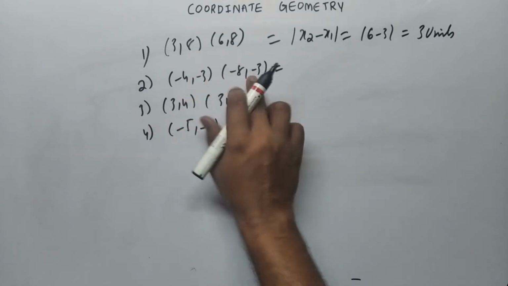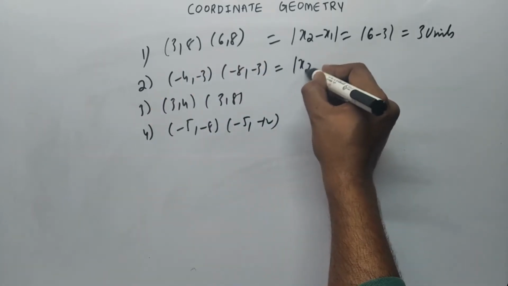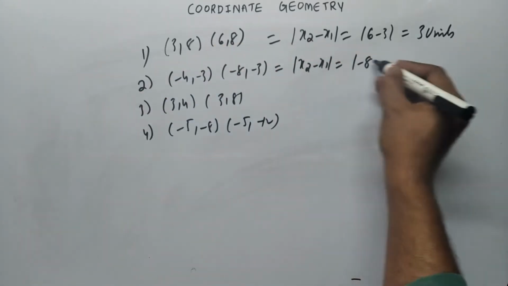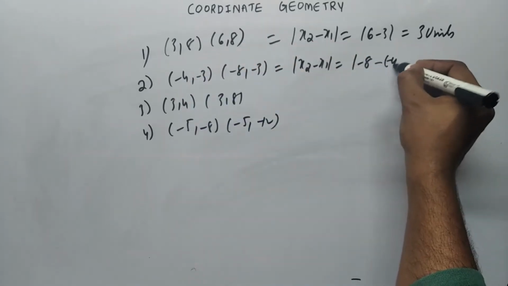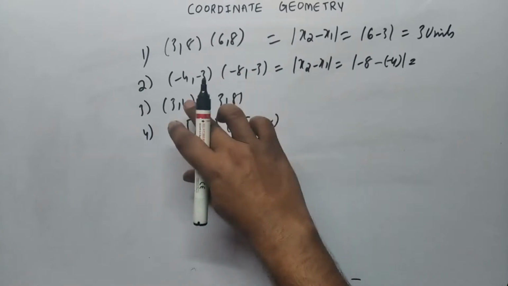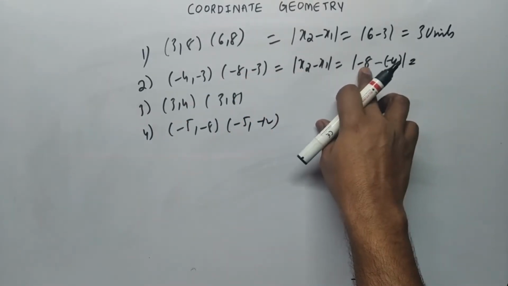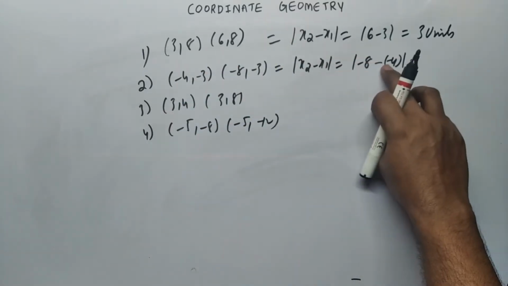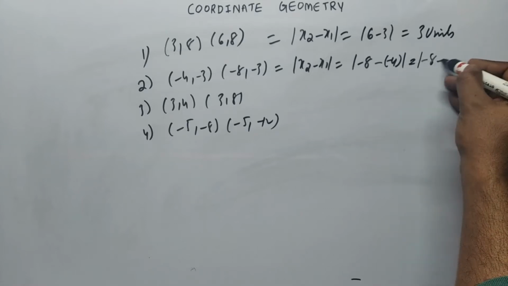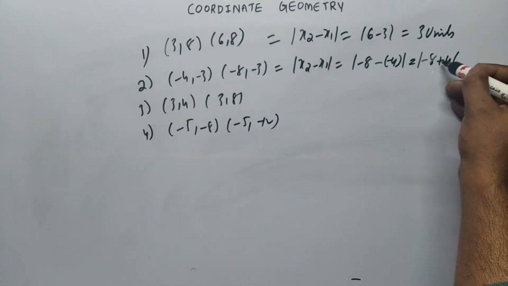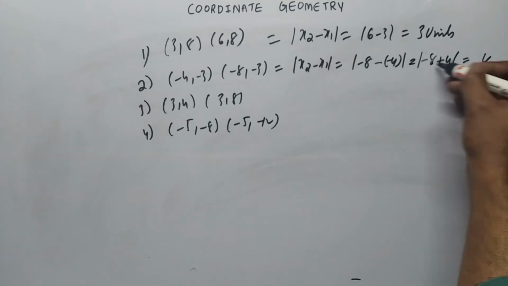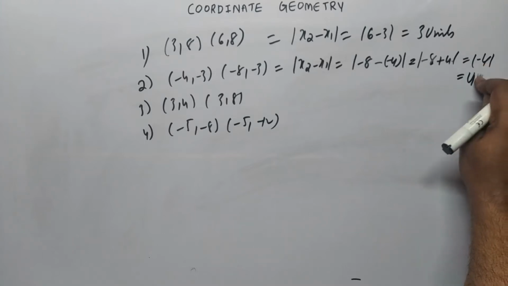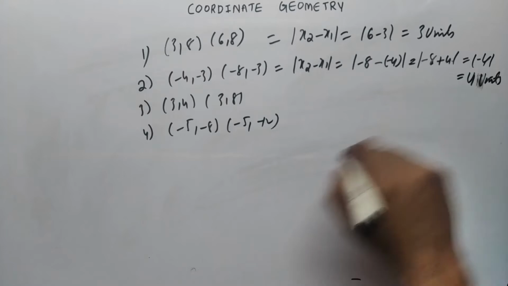Here also we have the same y coordinate, so we need to subtract the x coordinates. So x2 minus x1, so minus 8, again we have a minus, and x1 value is minus 4, so minus of minus 4. So many people are substituting directly. If the x2 value is minus 8, then you need to keep the minus sign, then subtract the number with the integer. So here minus into minus will become plus, so we get minus 8 plus 4. When we have different signs, 8 minus 4 is 4, the bigger number has the minus sign, so we get minus 4. Again you need to keep it as mod, so we have to write the distance as positive, so 4 units.